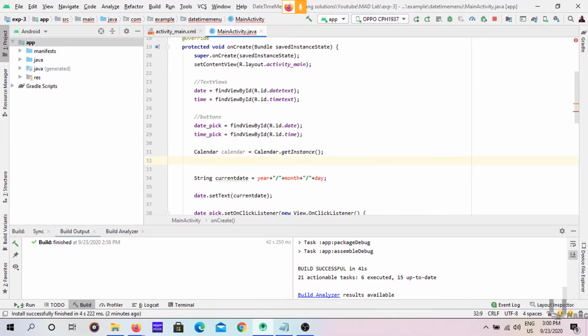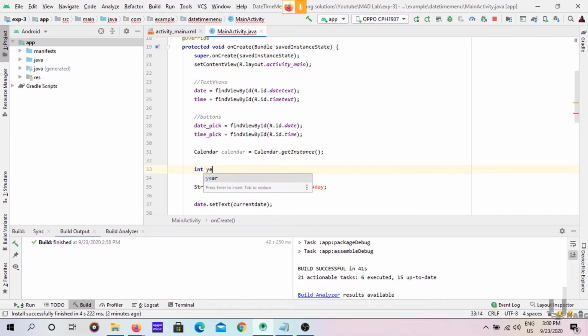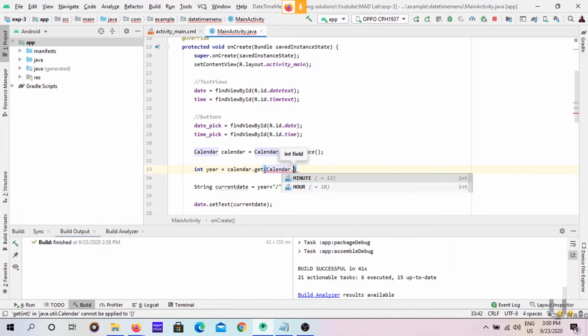Now how can we get the year, month and date? It's simple. Int year equal to calendar dot get, Calendar dot YEAR, capital YEAR. So that's it. We can get the current year dynamically.